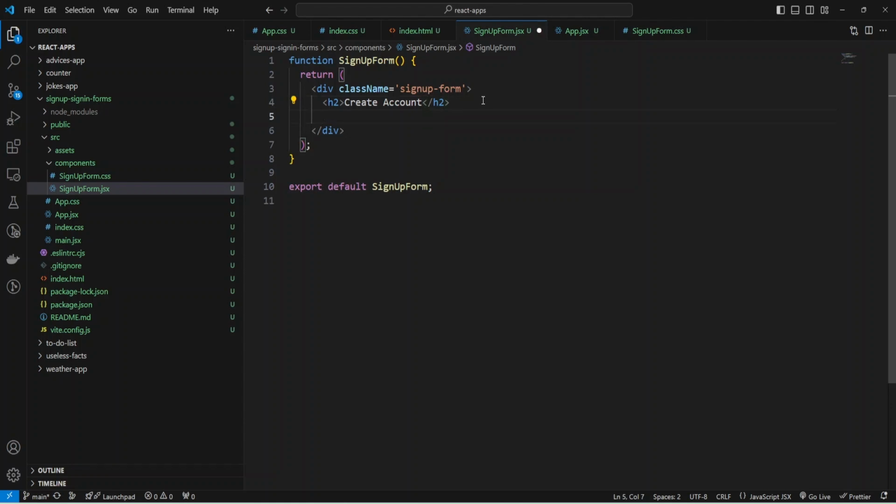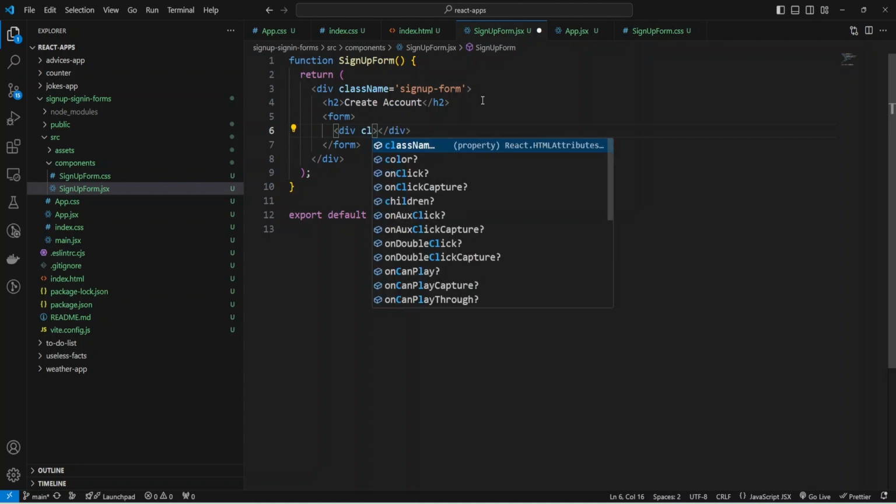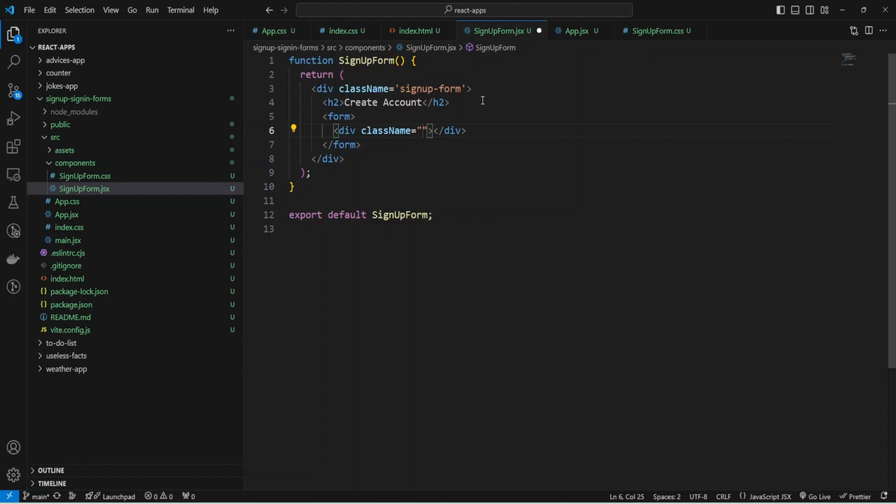I'm going to create a form and remove this action. I'm going to handle submit inside my React code. And now we need 4 inputs, and each input will have a class name form group, will have a label for the input, and also an error message.